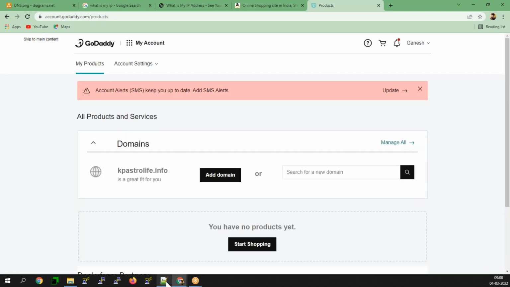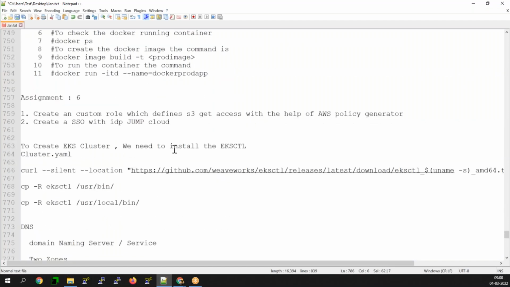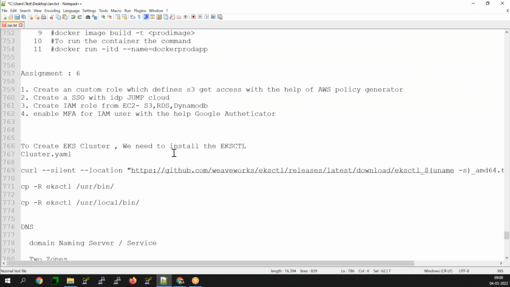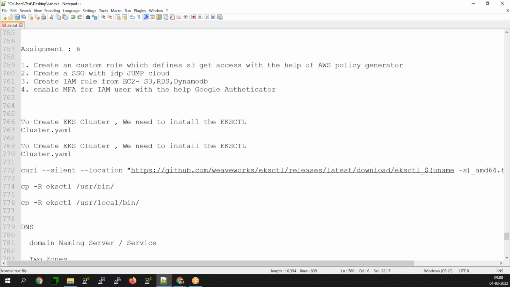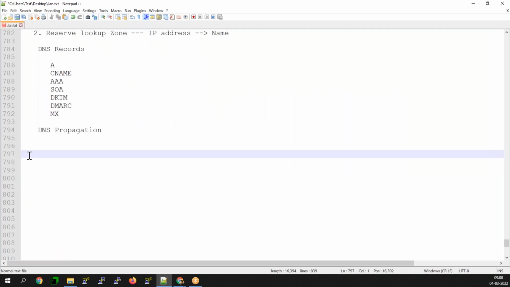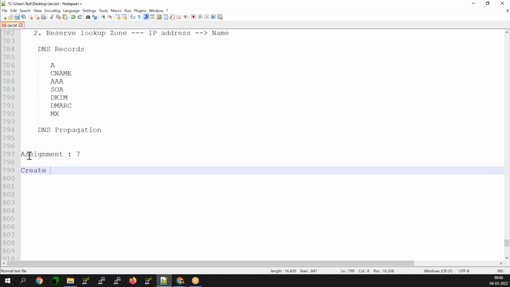Now this week's assignment. Where are you up to? You have enabled MFA with IAM using Google Authenticator. Post that, you discussed the CloudFormation template. So assignment number 7: create an EC2 and RDS with the help of a CloudFormation template.